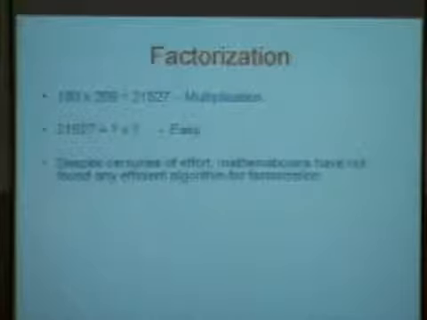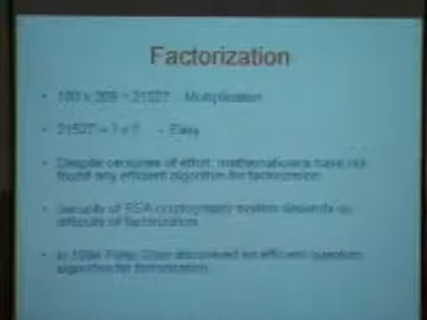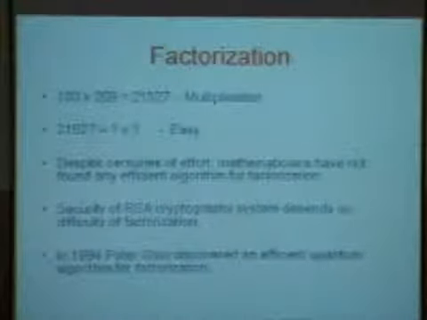And people have tried very hard to find efficient algorithms for this, so much so that the complexity of coding systems is based on the difficulty of this problem. So if someone were to find an efficient algorithm, all the secret transmissions among banks and security agencies and spies would suddenly become public information. So when Peter Shor came up with an efficient algorithm for factorization, which made this problem as easy as that for multiplication, all the security agencies sat up and took notice. And that is one thing that started this quantum computing revolution.